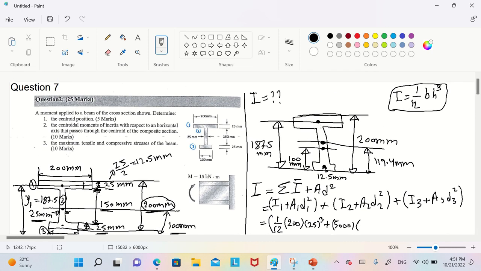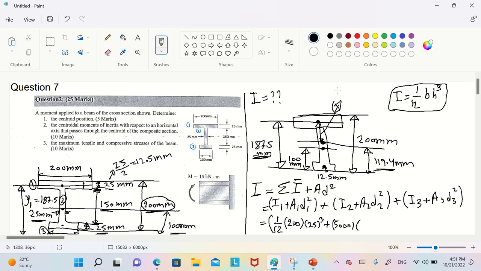we need to find the distance between the center of the first one and the center of the whole thing. Now, as we said, the center between the first center to the ground is 187.5, and the center of the whole to the ground is 119.4. So when you want to find the distance between them, is